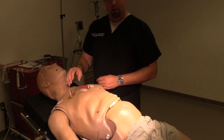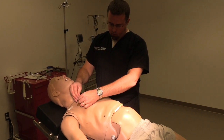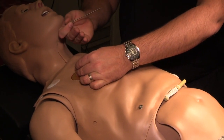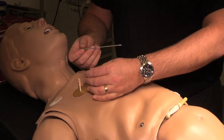That way we know that catheter is not kinking or bending as you're going through the chest wall. Once you hub that catheter, you can then go ahead and pull your needle out. You should hopefully get either a rush of air or blood coming out, relieving the tension physiology. So once you have it in place,